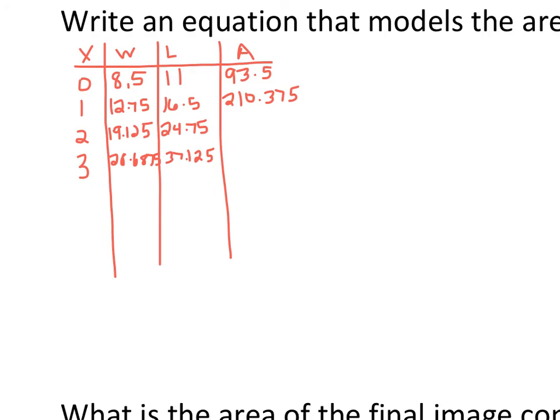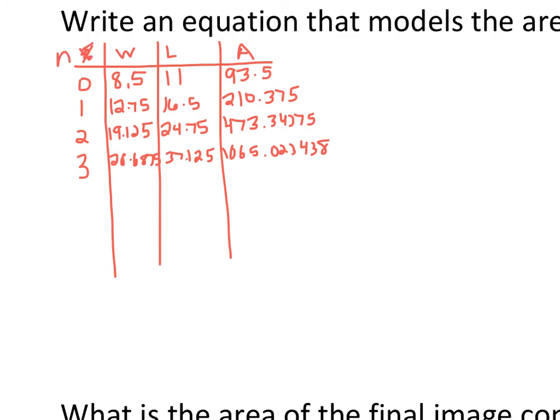Multiplying these two together, we get 473.34375. And again, we get 1065.023438. Okay. So we are concerned with our x values, which actually are n values, so let me change that,